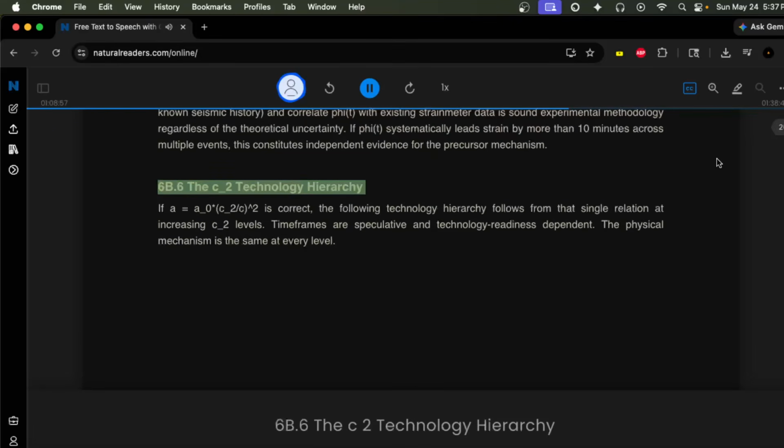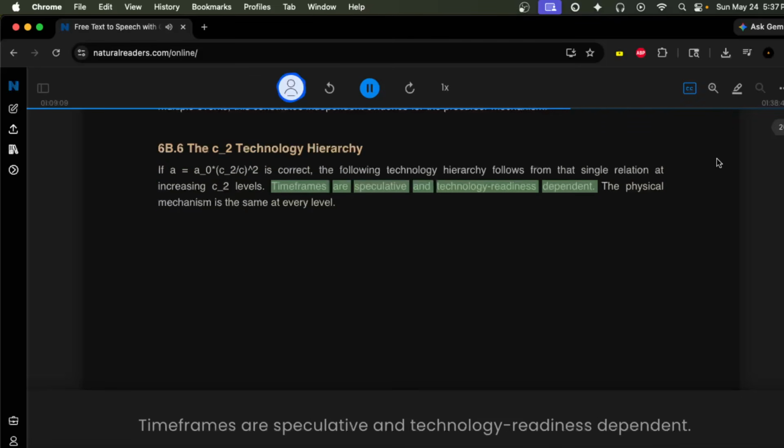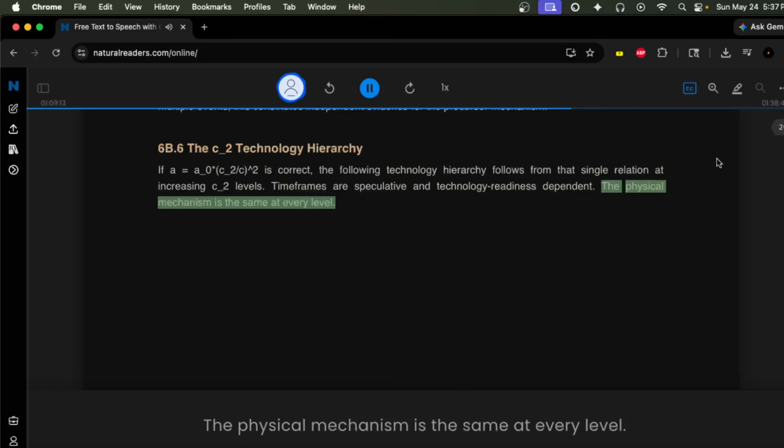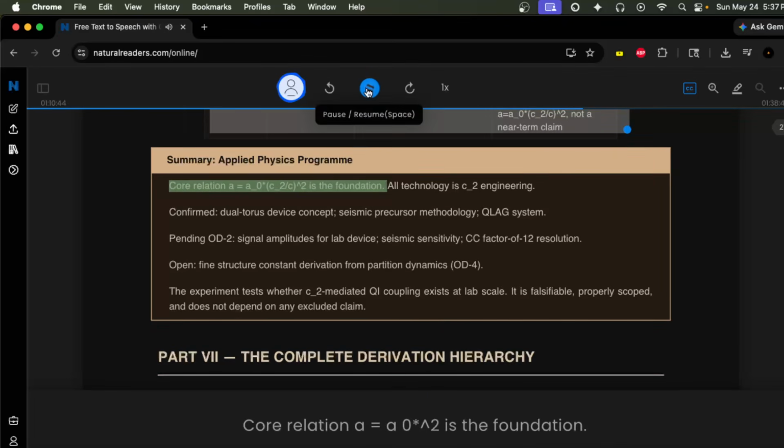6b.6 The C2 technology hierarchy. If A equals A0 squared is correct, the following technology hierarchy follows from that single relation at increasing C2 levels. Timeframes are speculative and technology readiness dependent. The physical mechanism is the same at every level. Summary. Applied physics program. Core relation A equals